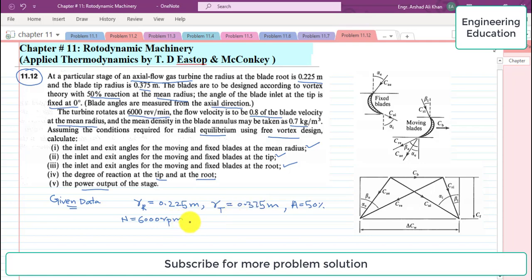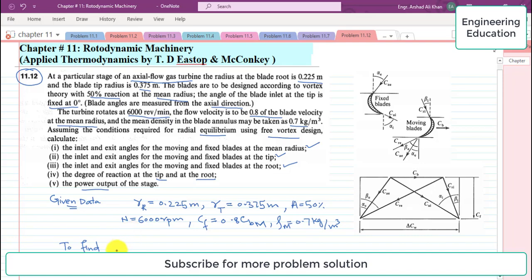Flow velocity CF is 0.8 times of blade velocity at mean radius, and the mean density is 0.7 kilogram per cubic meter. We have to take and assume the free vortex design, and we are required to find,